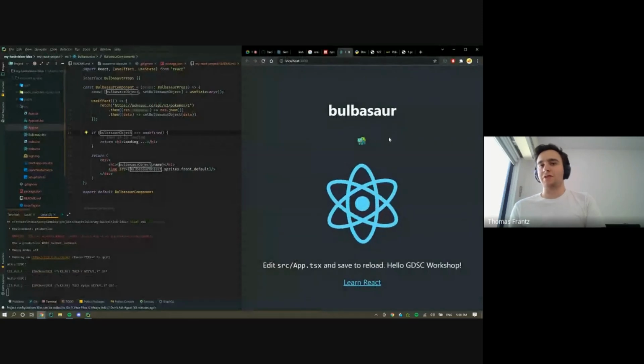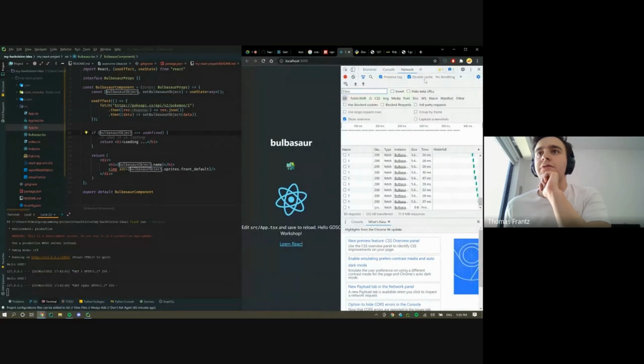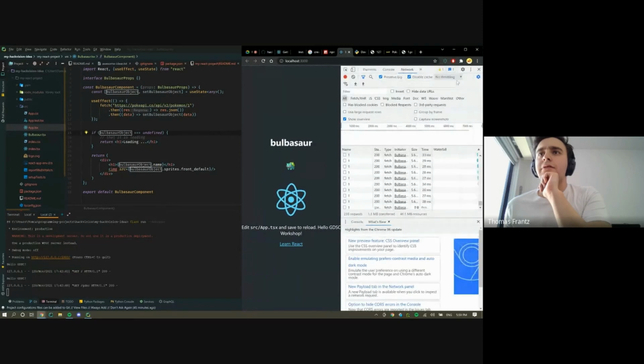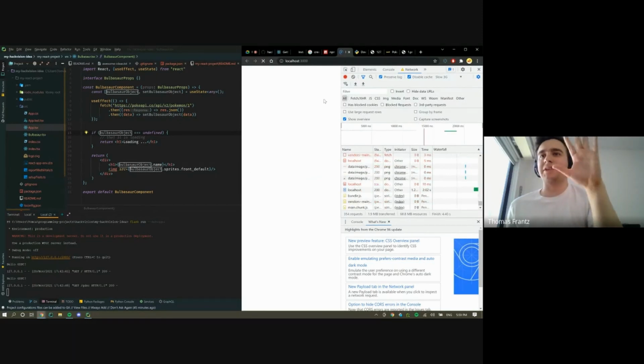We can see here it loads pretty quickly, but if I go ahead and do some magic that I just thought of, I'm not going to do that. Let's do this. Offline, and we refresh it. That's not going to work. If we do slow 3G, this will manually emulate a very slow